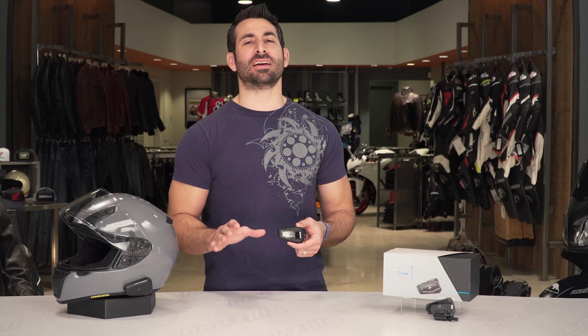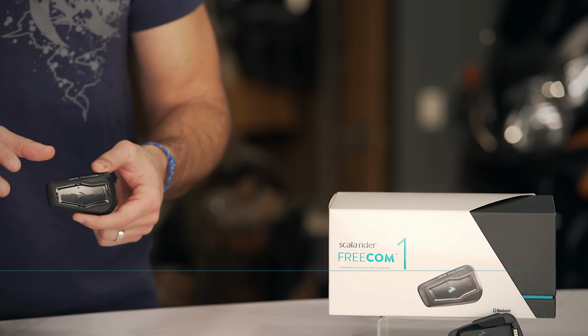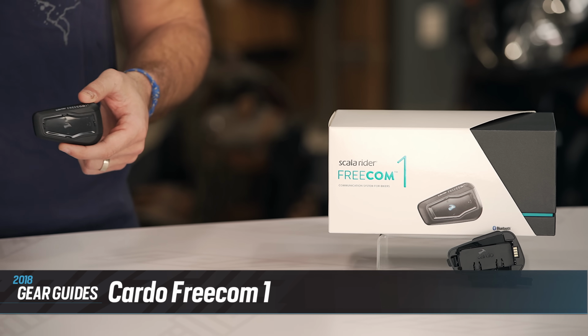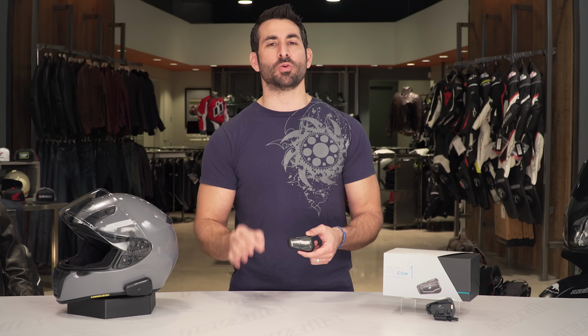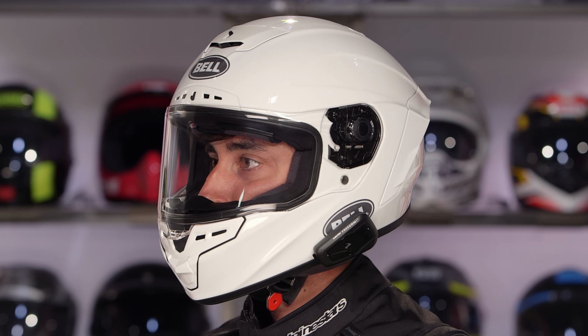First up in our comm unit guide is our best entry-level Bluetooth communication unit. This is the Cardo FreeComm 1. And right out of the gates, we love it because it's not going to kill your budget, but it does the basics extremely well. This unit is $125, and what it doesn't offer you is rider-to-rider connectivity, but you're still